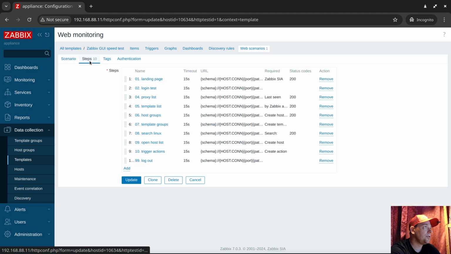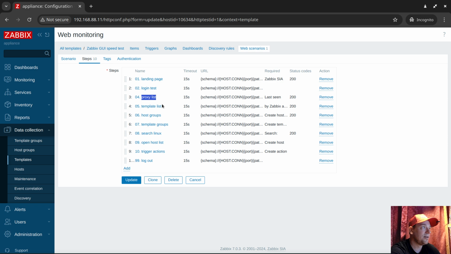The magic happens under the steps section, where we open different sections. We open the landing page, check for a string, and conduct an authentication. If we succeed, then it will open the list of proxies. Even if you don't have proxies, it will try to open this section, and it will show an empty page, but